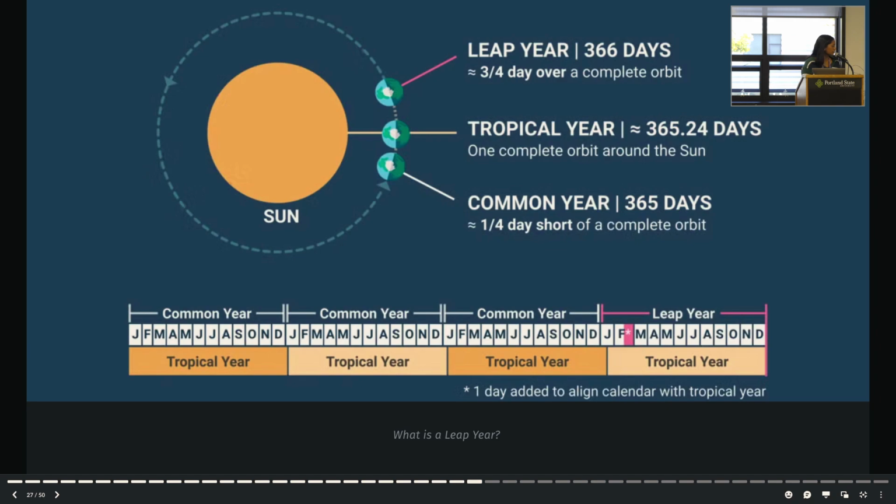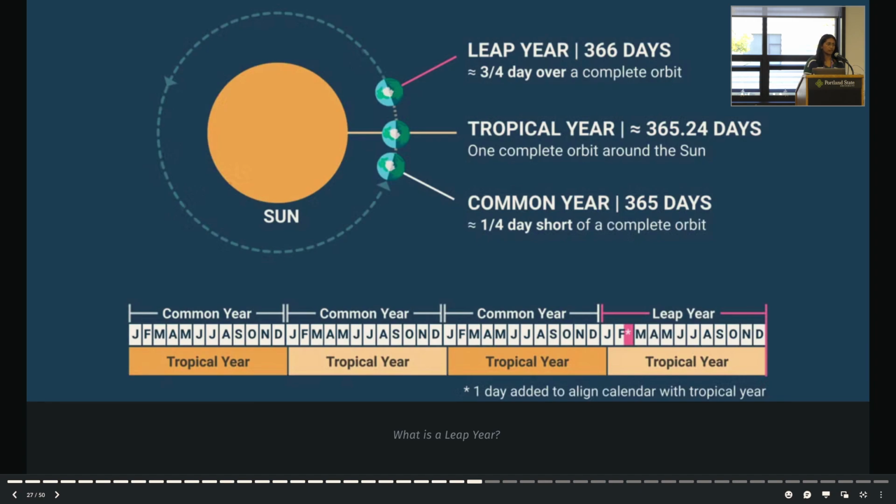To understand the leap year bug, we should probably review the concept of a leap year. As you probably know, most years have 365 days. However, the actual time it takes for the Earth to orbit the sun is roughly 365.24 days, which is known as a tropical year. To account for this extra fraction of a day, we add one day, February 29th, every 4 years. But it's a bit more complex than that.